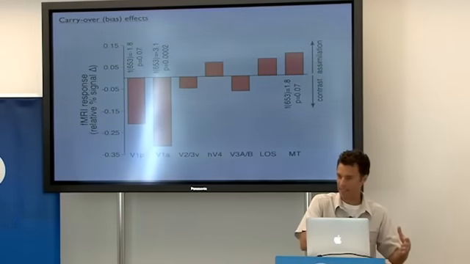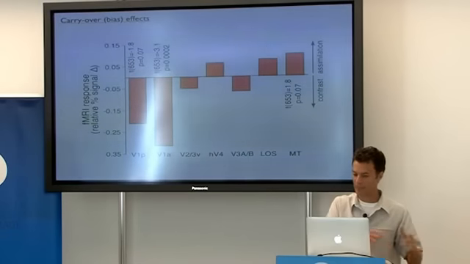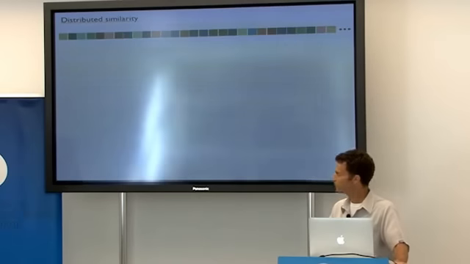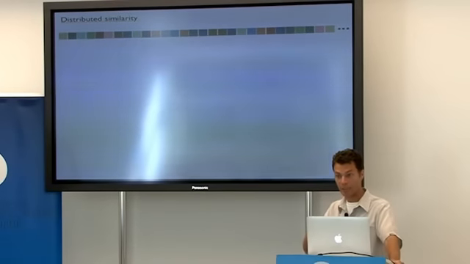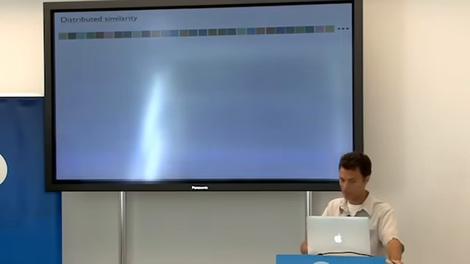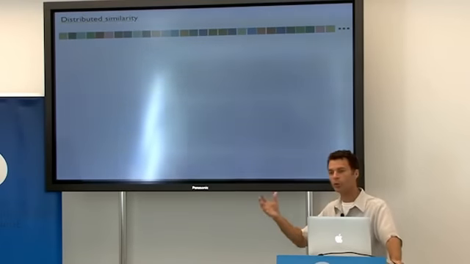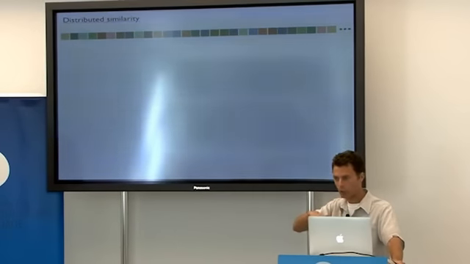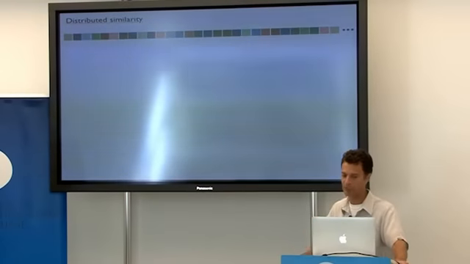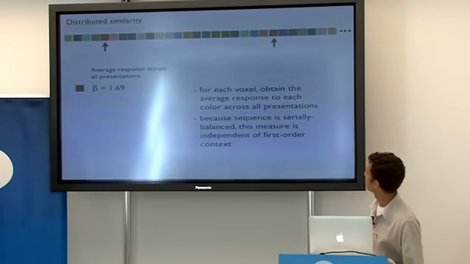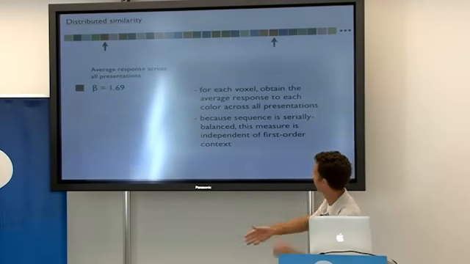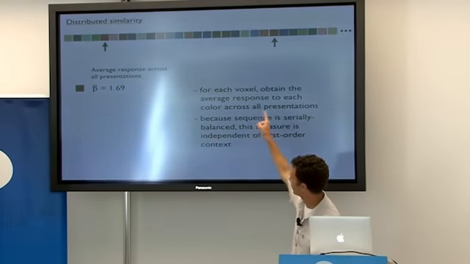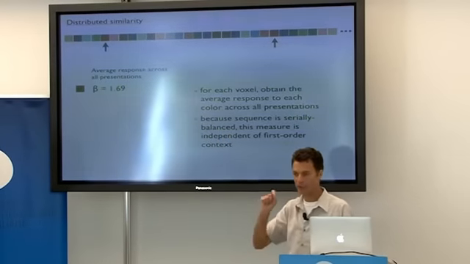So that's just another kind of carryover effect that's different from adaptation, but that can also be measured in this data. Okay. So up to this point, I've spoken only about neural adaptation, measurement of neural adaptation and carryover effects. But in this very same data set, you can also examine the direct effects of the stimuli and then look at the pattern across a set of voxels for multi-voxel pattern analysis. And so the way that goes is that there were 27 times, right? There were many times that shade of brown was presented. And what you can do is you can get the average response across all presentations to that shade of brown